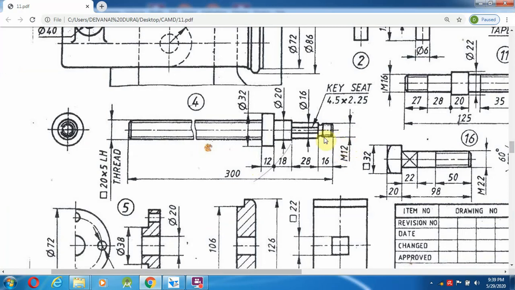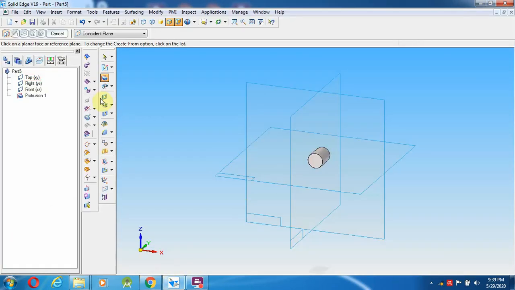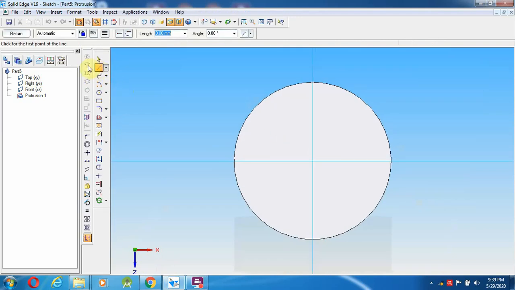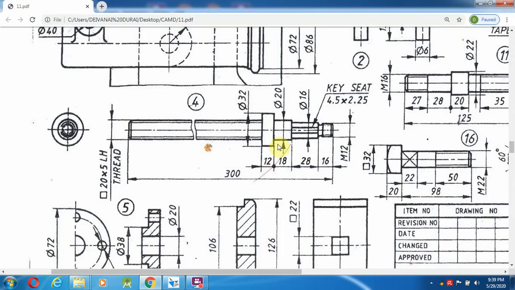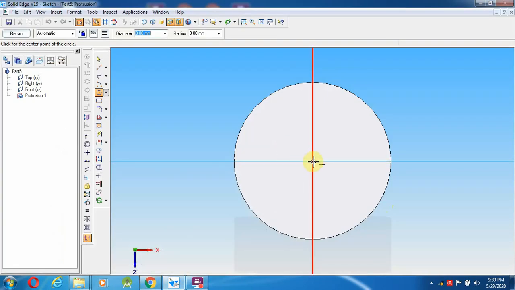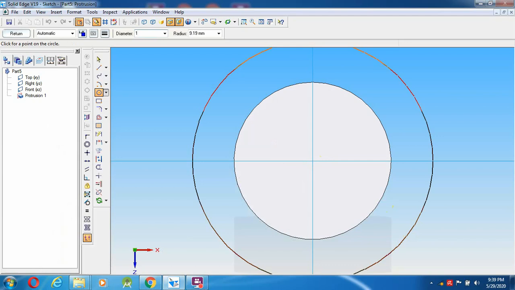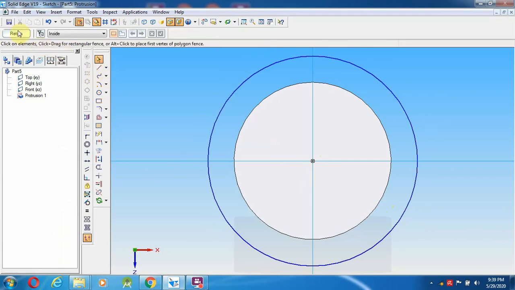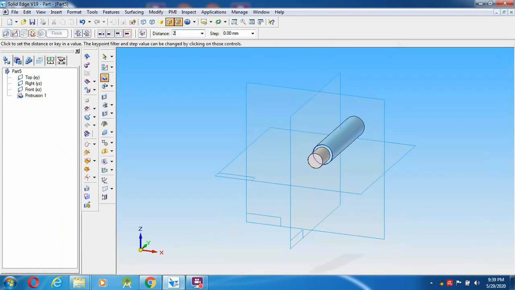Here M12 is a threaded part. Then select protrusion, the other one. Select a circle again, because everything is given in terms of diameter only. So 16 mm diameter and 28 mm length. Select the mid portion, 16 mm diameter and 28 mm length. So 28, left and right click.